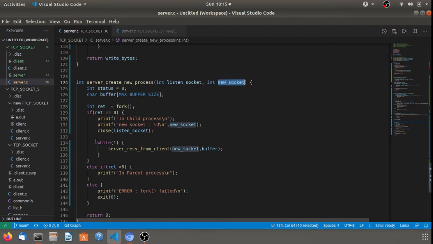One more thing we have done here, we have put a while loop in here, so that the server can continuously check for the data from the connected client. So it will have this new FD and the buffer. Whatever data there is, it should be put in this buffer. This is how we have implemented this fork call.